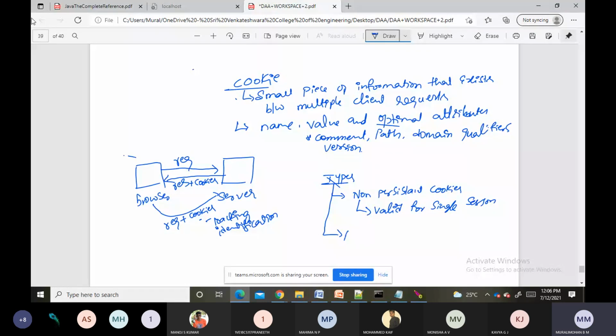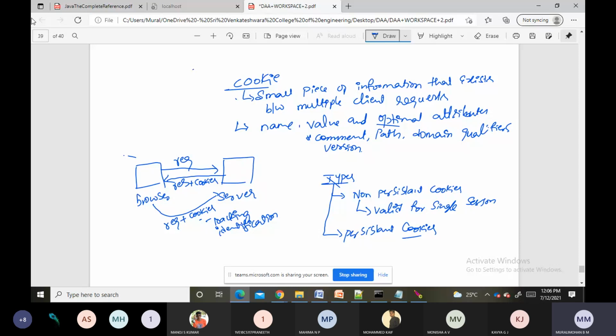Non-persistent cookies are valid for only a single session, which means whenever a user closes the browser, the cookies will be automatically removed.